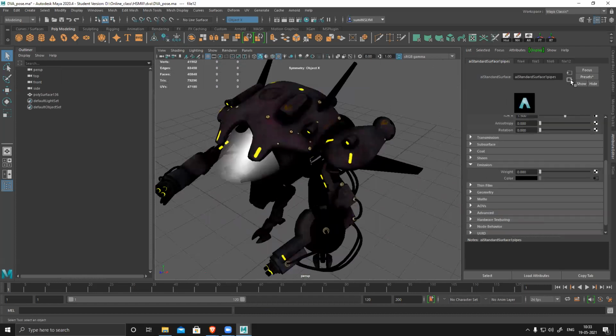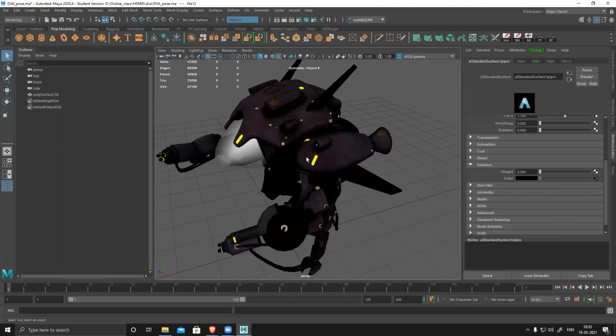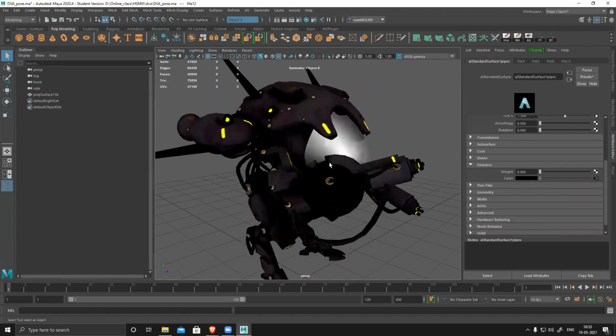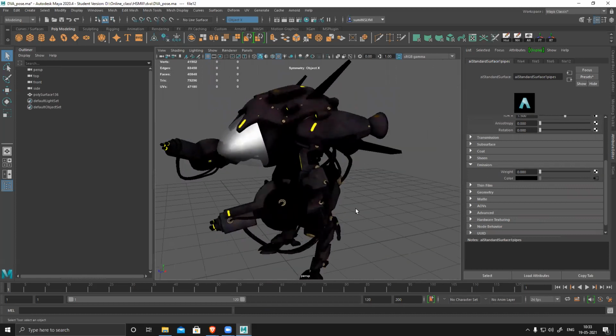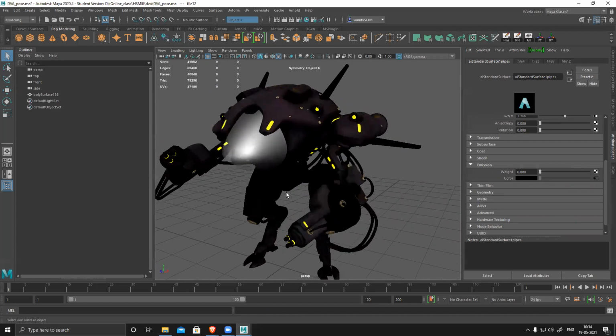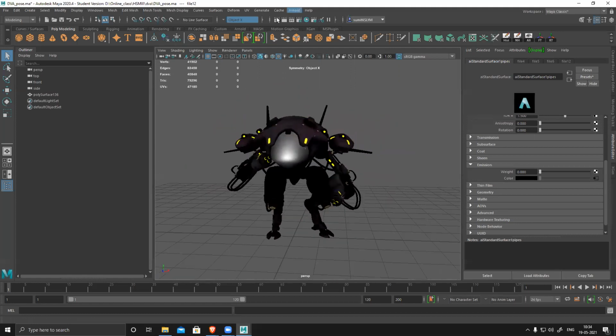Okay, this is your color. Or if you want, you can choose weight also. It will work perfectly. For weight, you need to have a black and white map. So assign this, you can see all the metal part looks black. So by default in viewport, it will look black. No need to worry about that. But in the Arnold renderer, for rendering anything, you need to have light in your scene, otherwise it won't work. So let's see, to create, I'll go to Arnold.